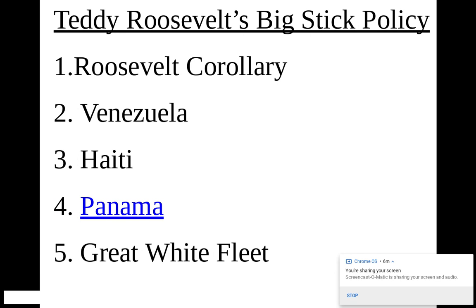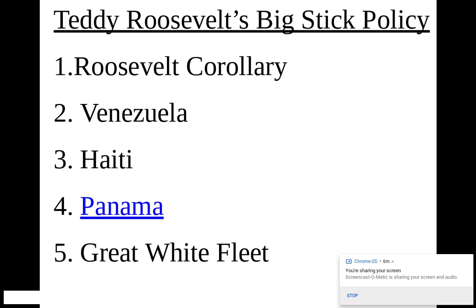The Monroe Doctrine said that the United States will not tolerate European interference in the Western Hemisphere. The Western Hemisphere is our side of the world, and it's our backyard, and we do not want European nations to colonize Western Hemispheric nations because that's a threat to our national security. So the United States will not tolerate European colonization or European interference in the Western Hemisphere. That's the Monroe Doctrine.